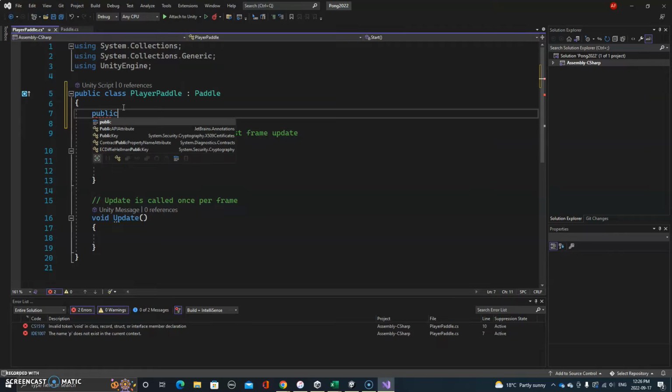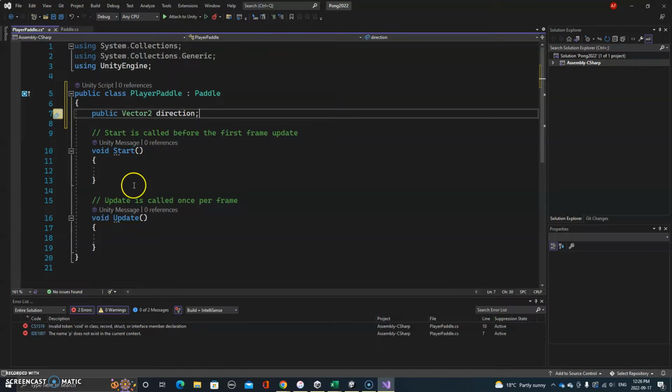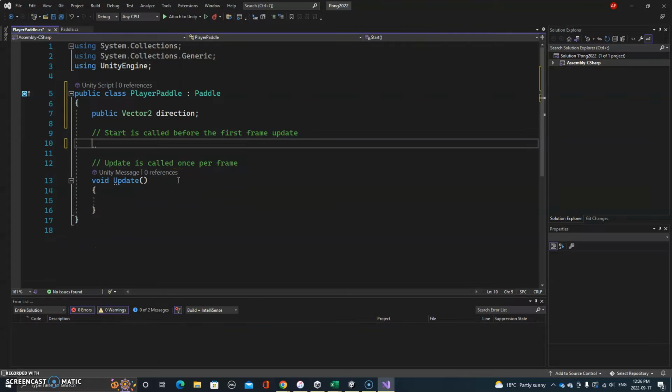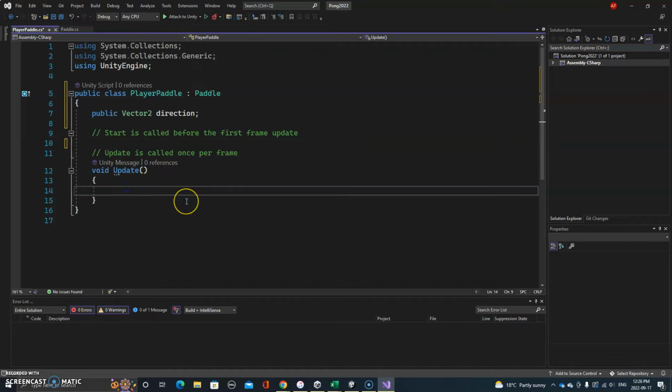variable. Let me make it public for the moment. It'll be a Vector2, and it will be the direction, just like we had in Snake. Okay. And in the Start, I don't think we need anything because that will run from the paddle already. We'll just go to the Update, and the Update is where we're going to grab, as usual, our movement, or our keyboard input, I should say. So we'll do it very much like we did with Snake. So if